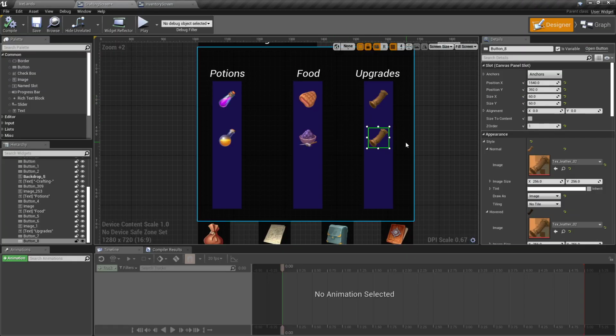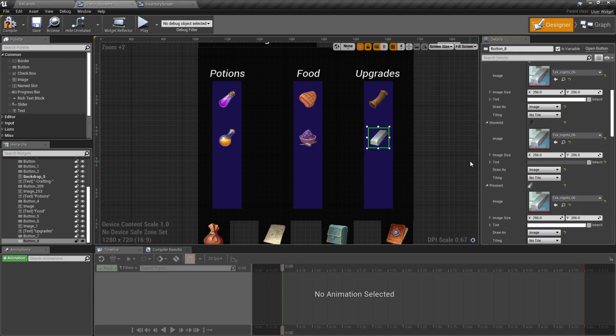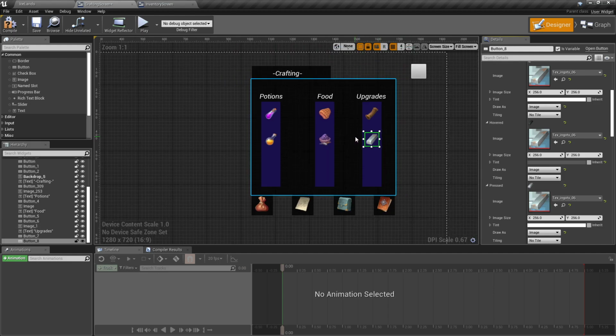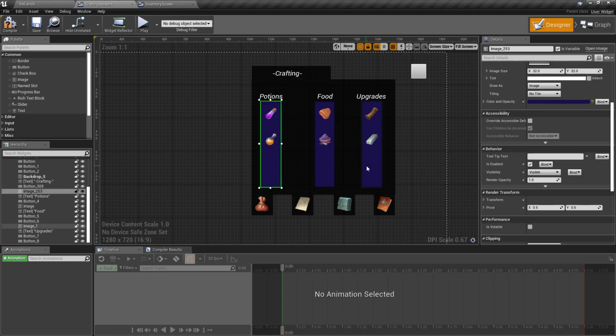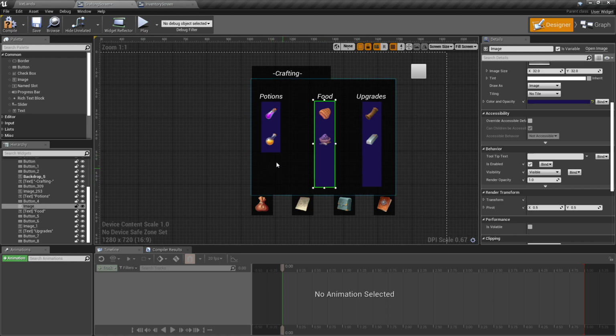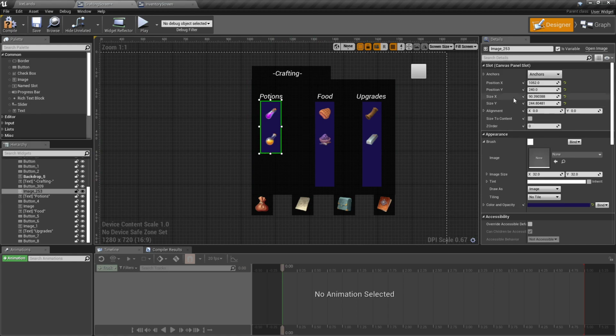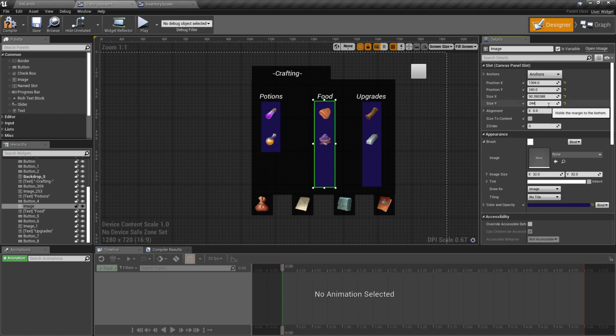So our crafting screen, I'll upgrade that to the ingots. And then we'll be able to use these to upgrade our weapon, and then this one for our armor. 2 potions, actually, 2 of everything might be enough for demonstration purposes. So I'm going to move this up. Now it is 244, 244,